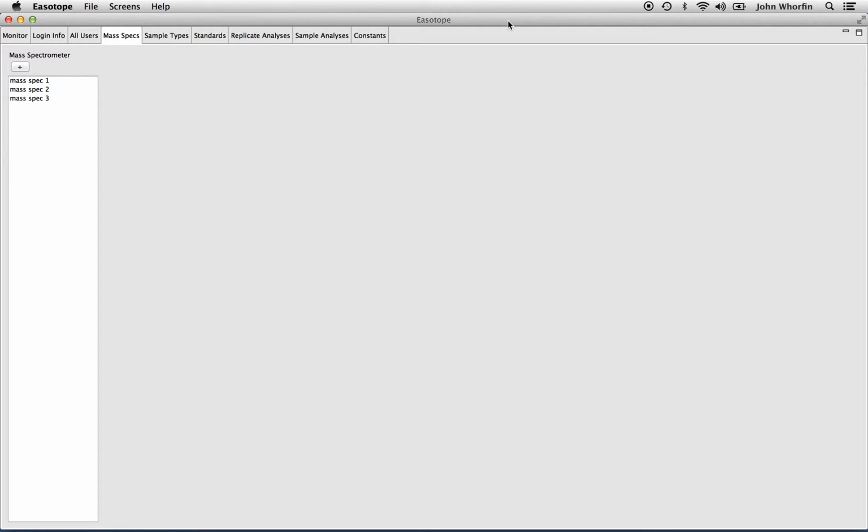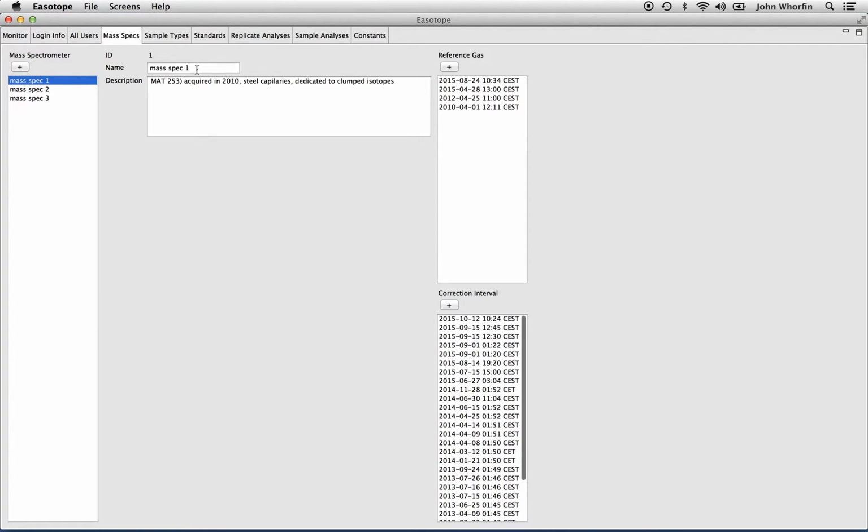This is just a quick video to explain how editing works in Easotope. I'm going to use the mass spectrometer configuration here to explain this. In the mass spectrometer screen, you can see on the left a list of mass spectrometers that are already configured in the database. And if you want to look at one, you just click on it and you see the